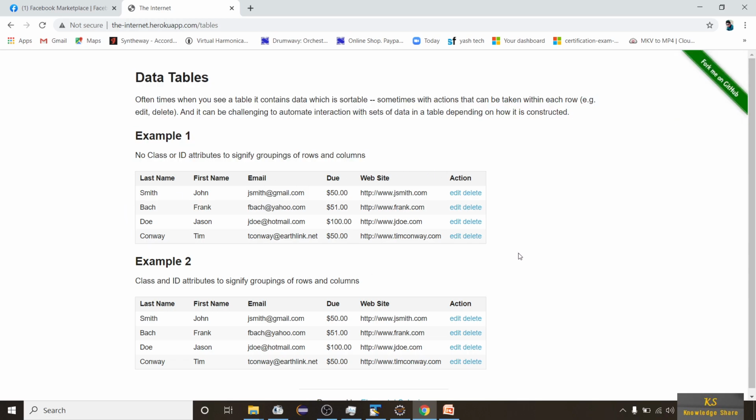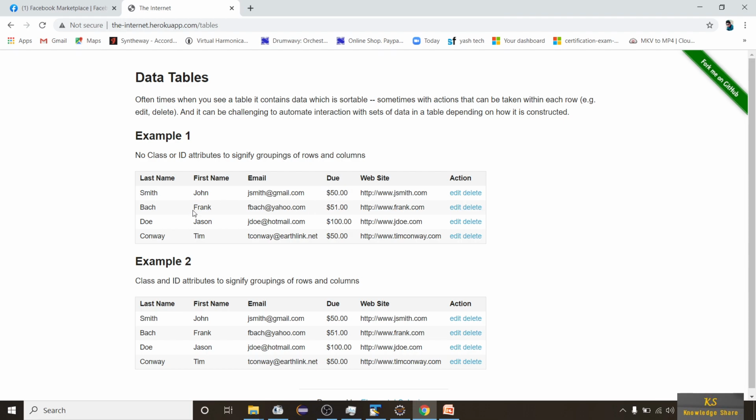So as I said earlier, in this session we are going to see how to get particular data from the web table and also how to do some math calculations on a web table. I'm going to show you how to get this value from the web table. That means the first row and the fourth column value. That means a person existing in the first row and how much due he has. So I'm going to get that value.